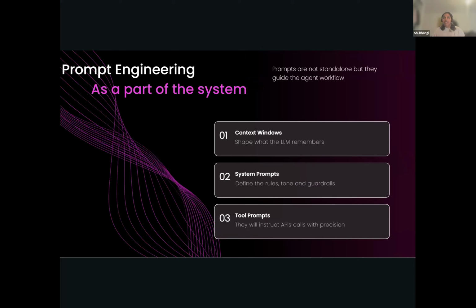So first things first, prompts still exist as a part of the system, but they are not guiding the whole thing. They're not a standalone thing. Three main things that we will cover are context windows, which is basically how you shape the LLM and how they remember things. Second is system prompts, which is basically the rules, tones, and the guidelines. And the last thing is tool prompts, which is around the API calls that are required and you can use